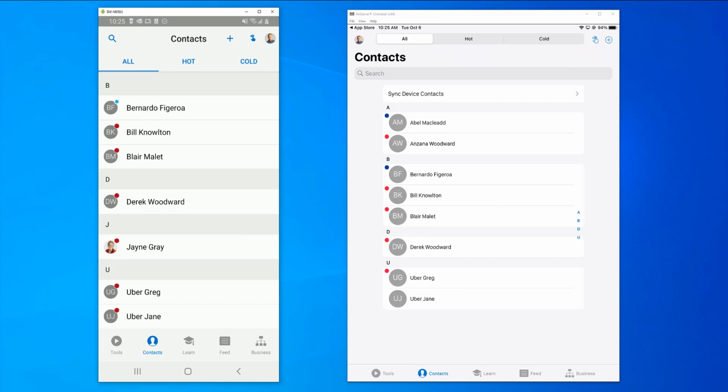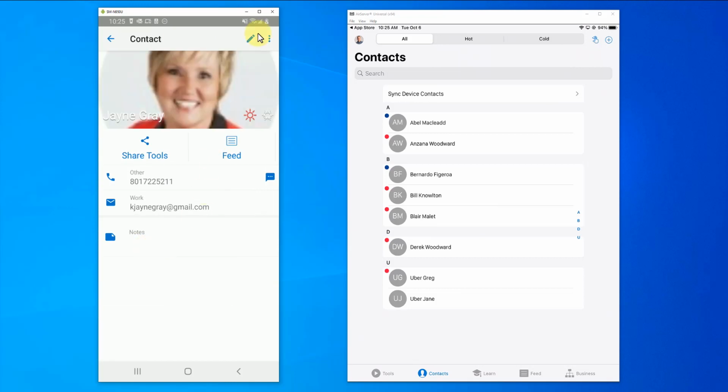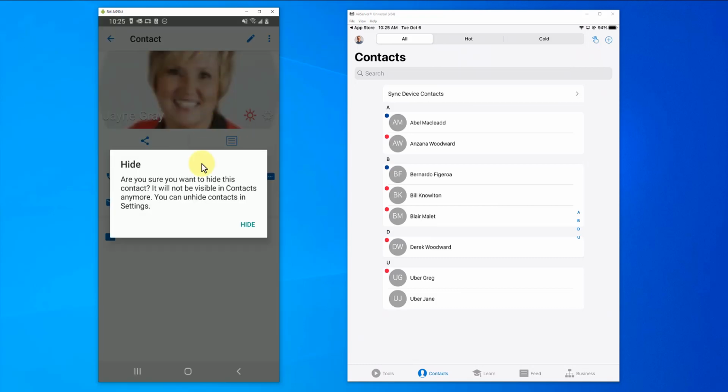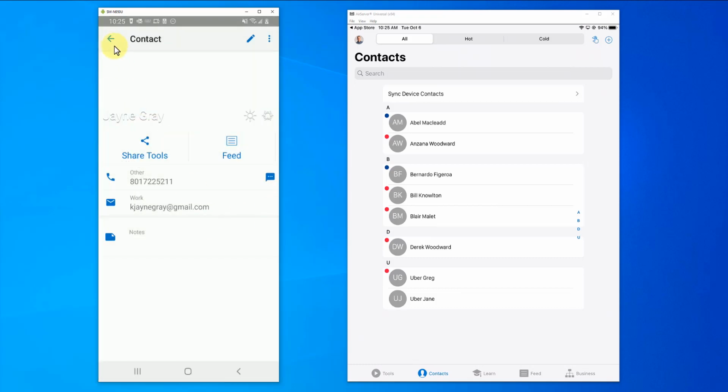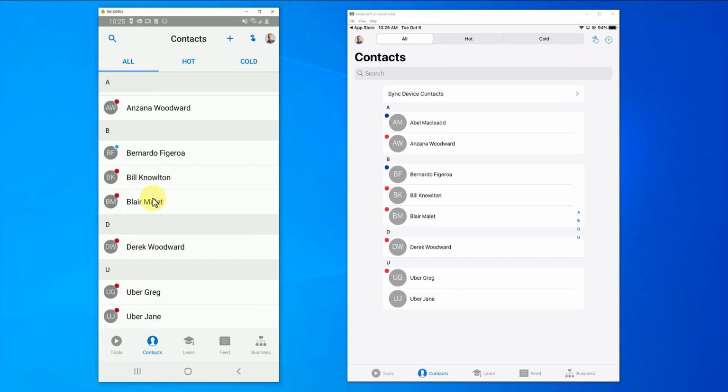On the contrary, if you start on the desktop platform and add contacts there, they will always sync to the ASEA Connect app. You can hide contacts by clicking on the contact and going up here to this little 3 dots, and you have this button here to hide. This hide button will hide them from your list so that you will not see them in your list anymore, and they will be gone. So keep that in mind.